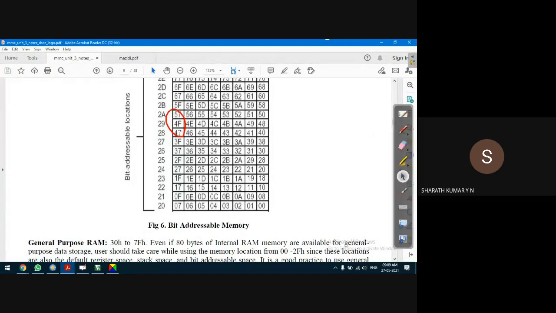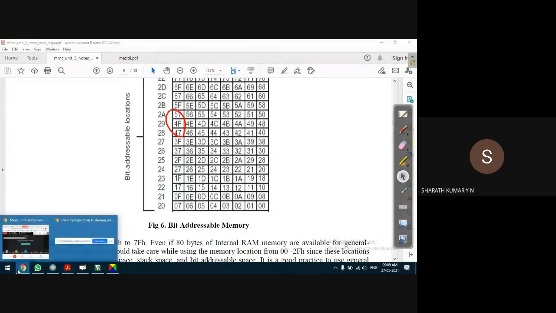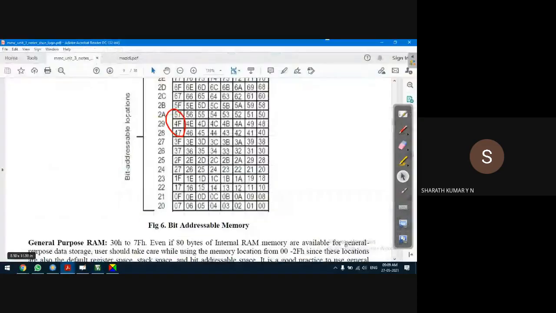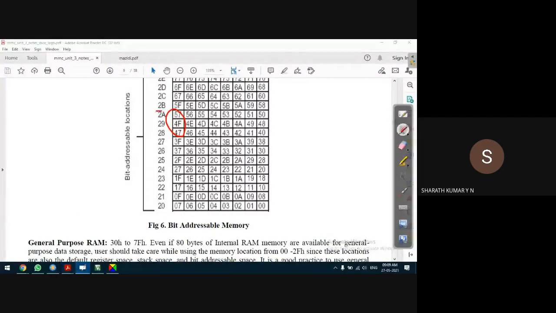So we have to go to this byte address and load data depending on whether the bit is set to 1 or 0. If it is reset to 0, the data will be 00H. If it is set to 1, the data will be 80H.